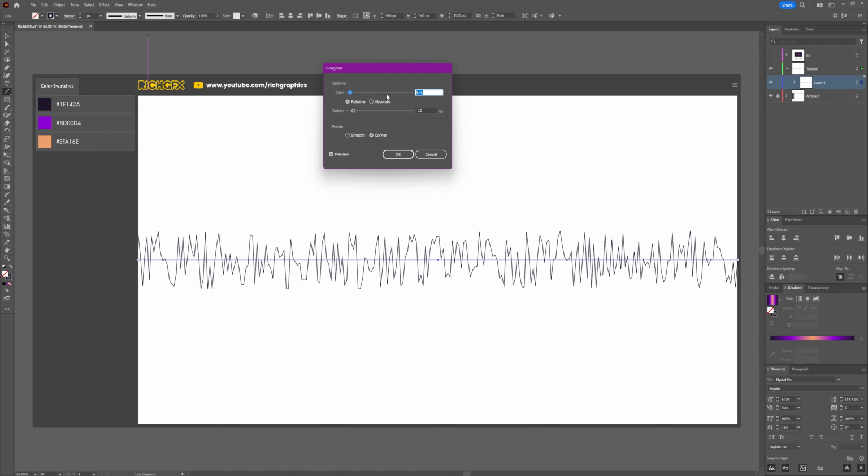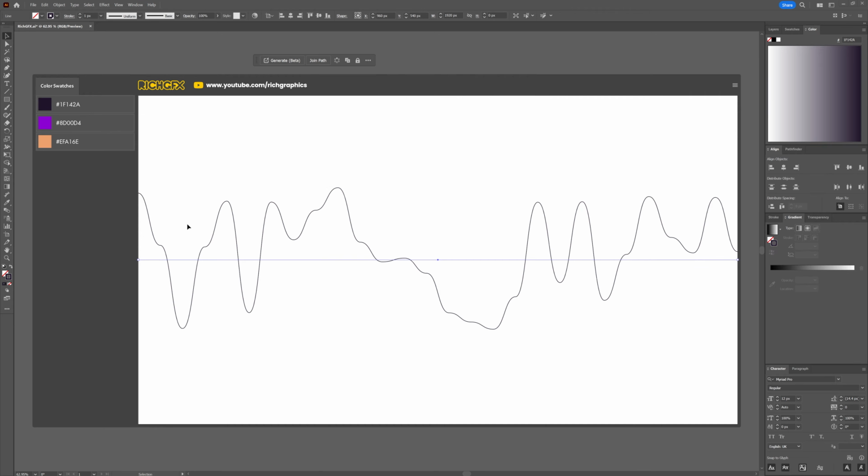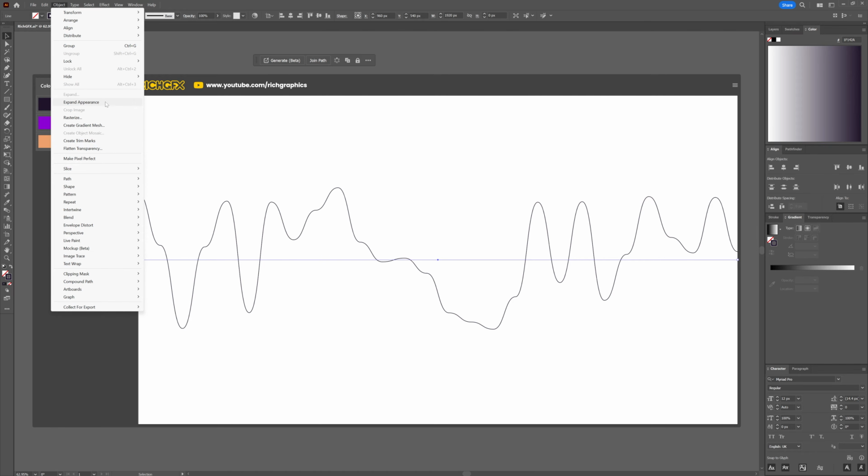And the settings we're going to use is 13%, relative, 1, and then we're just going to make sure that those points are set to smooth. Once you've entered those details, press OK. If you're happy with the way the curves look, we can simply expand the appearance by going to Object, Expand Appearance,